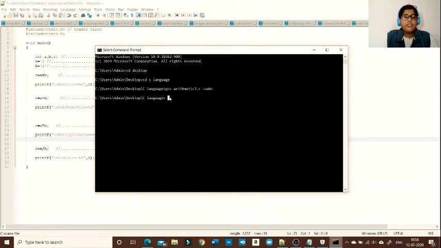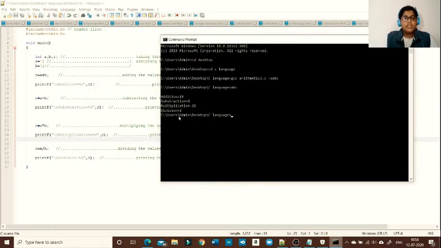Now here we need to type abc. So here we receive the answer of the arithmetic calculations done in Notepad++. So we will verify it again, as the answer of 7 plus 3 is 10. It is right. Addition is correct. The answer of 7 minus 3 is 4. Answer is correct. And multiplication of 7 times 3 is 21. So here multiplication is also correct.